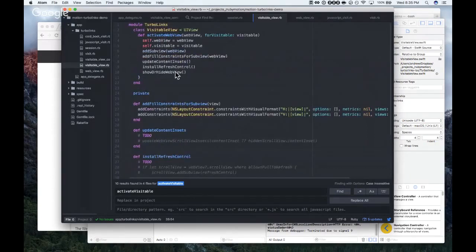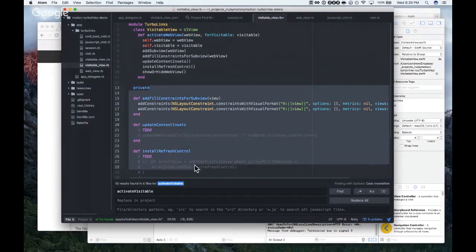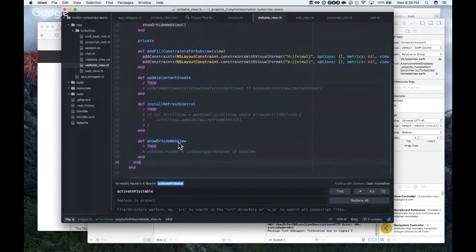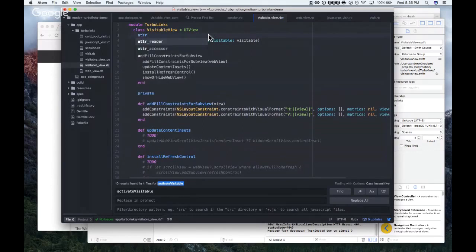So I've got a bunch of no-ops here. Actually, now that I'm looking at this, I'm outside of my class. I need to move this. Yeah, there we go. Self.webview, we'll set some attr readers.